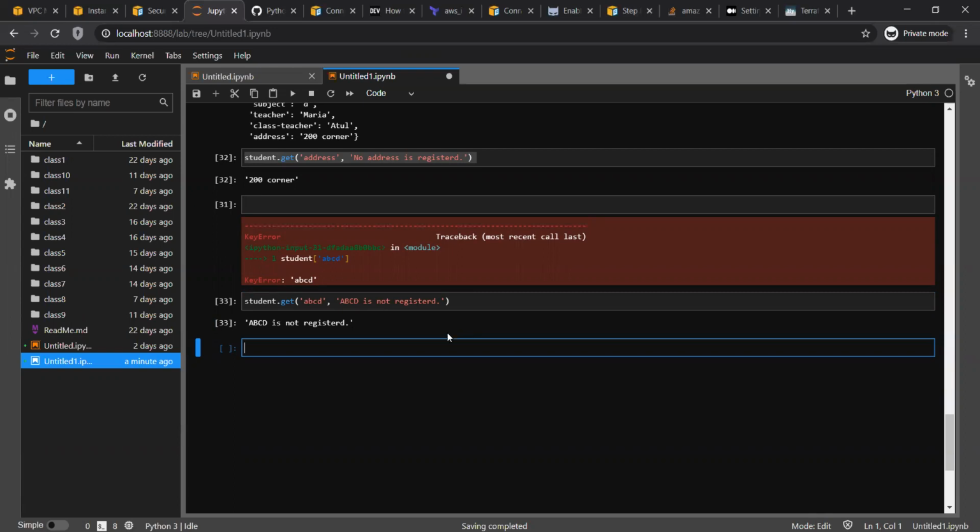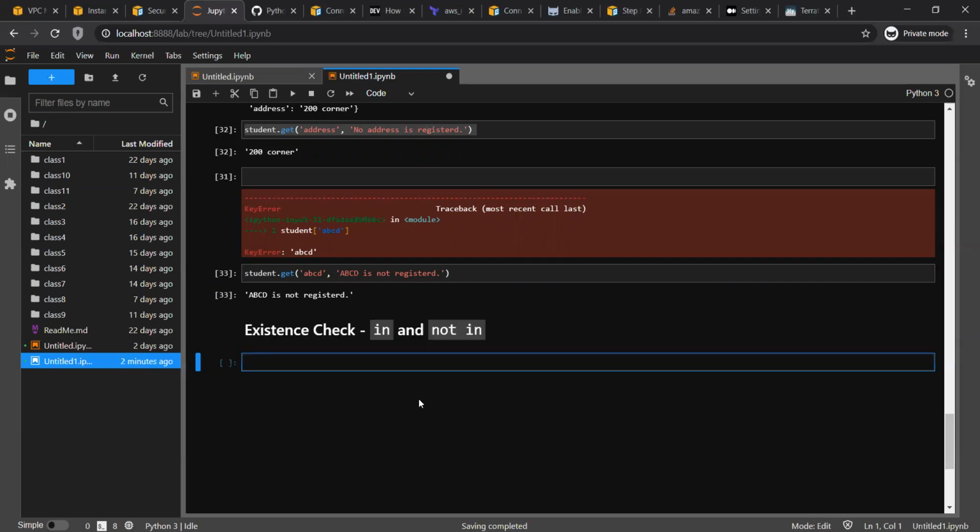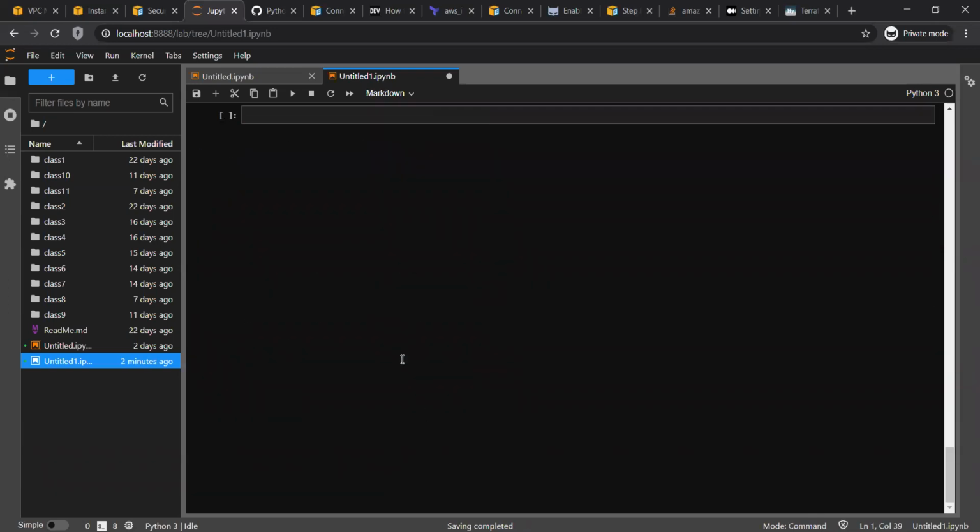So in a dictionary, you can check a key's existence as well. We call it an existence check, and I think you can do this in all the data types. If you have gone through the previous Jupyter notebooks, you have seen how in and not in work this way.